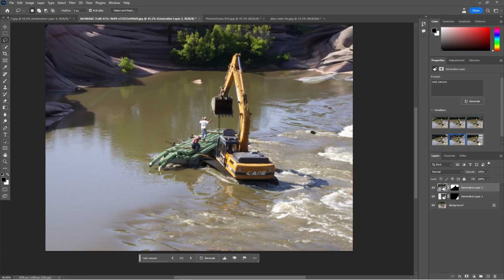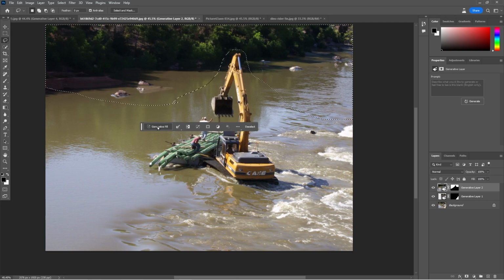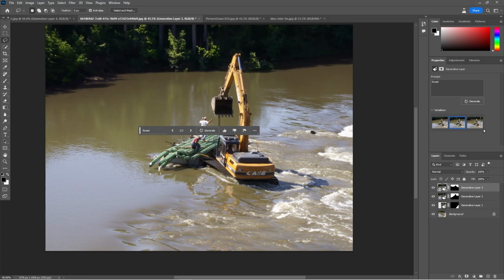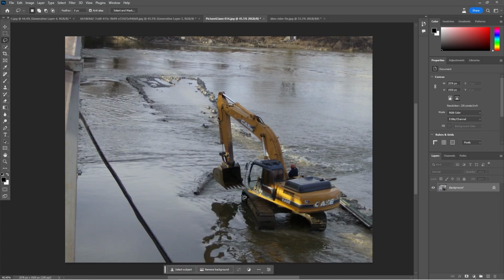So you can click through and try different things, like fast moving river, but it's really nice that it got rid of the railings really quickly. And then you can start putting in some background. So you could even do this, go over here, and this time type in forest. That's not too bad. So there's a lot of things you can do with it. Just a couple of other quick examples.